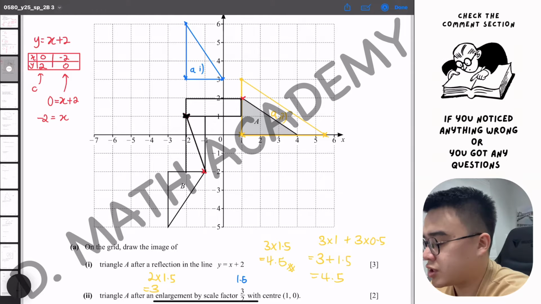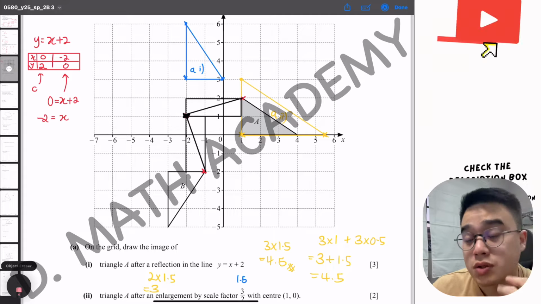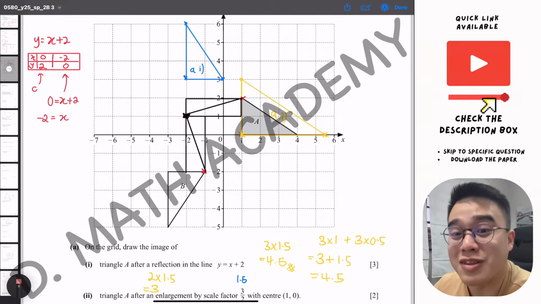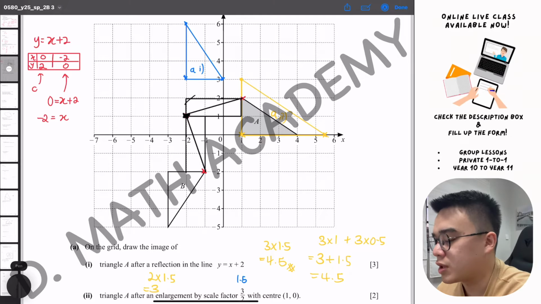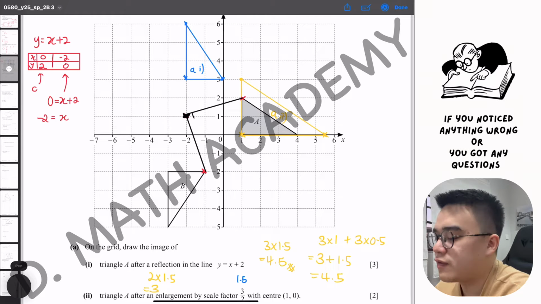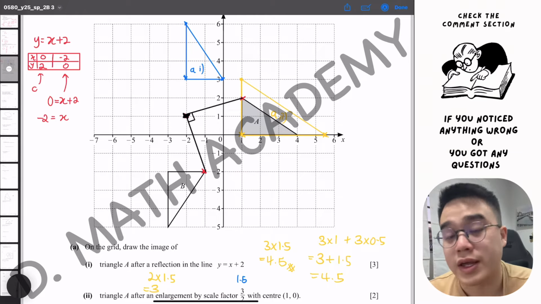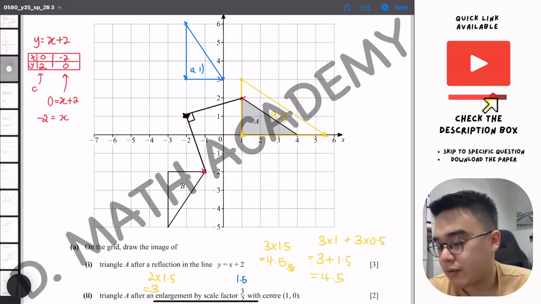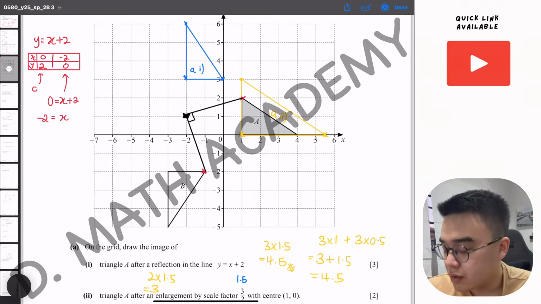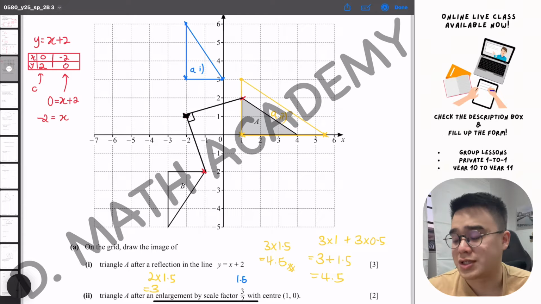So if you're using the tracing paper method, you rely a little bit too much on it. So in exam, you never know, you might forget to bring the tracing paper. So you still need to know how to get it done manually. So now when I remove the rectangle, I can safely tell you that this right here is definitely a 90 degree. So with that, we have found the toughest info that was hidden from us, which is the center of